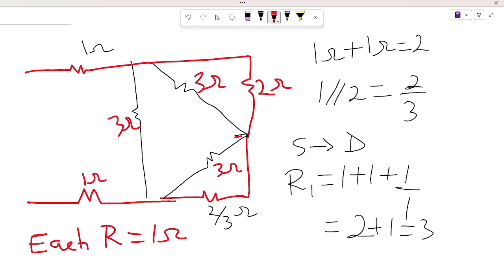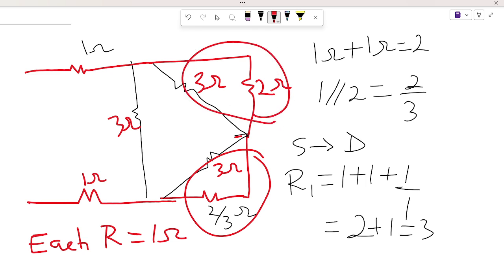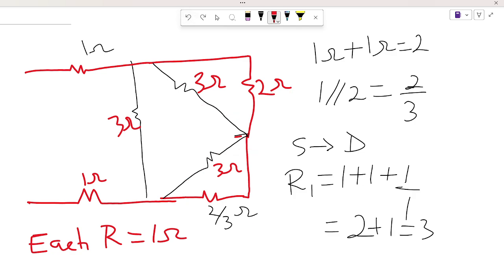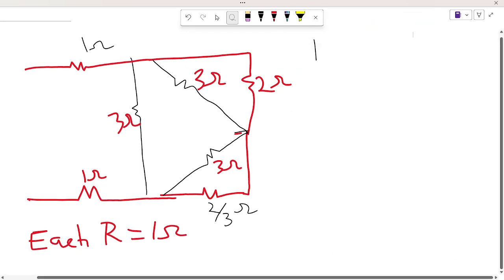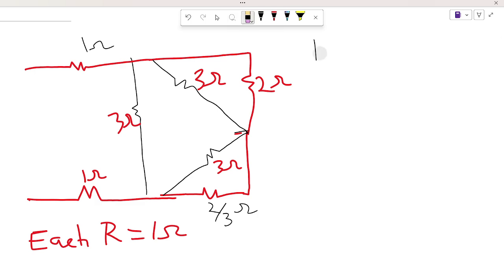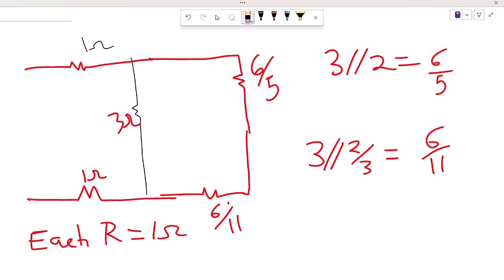Realize that after the star to delta transformation, we have these two sections in parallel now. These two portions are also in parallel. So we can further simplify those two. So first we have 3 in parallel with 2, and we are going to get